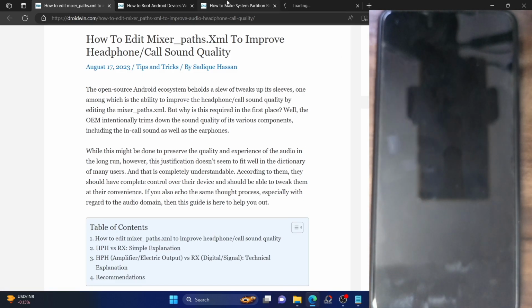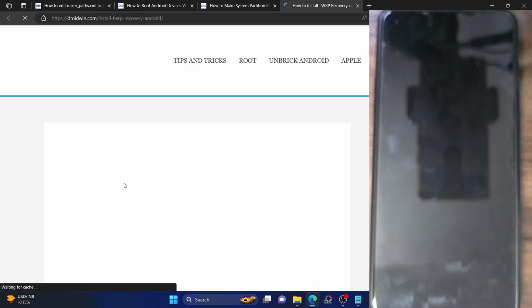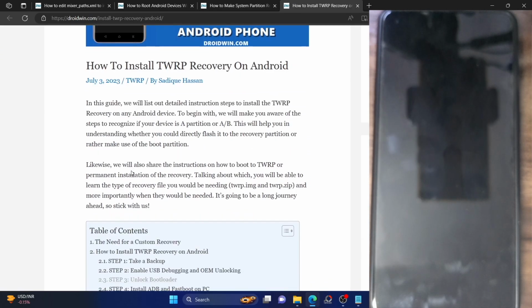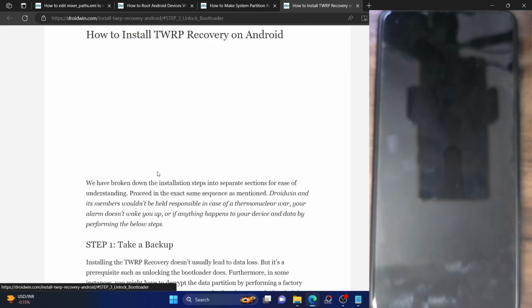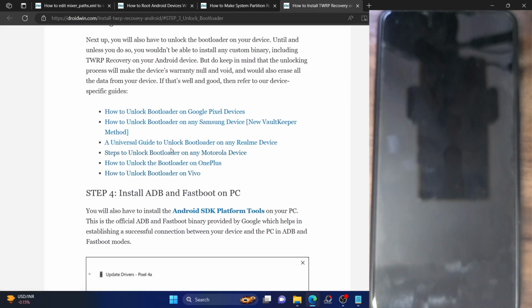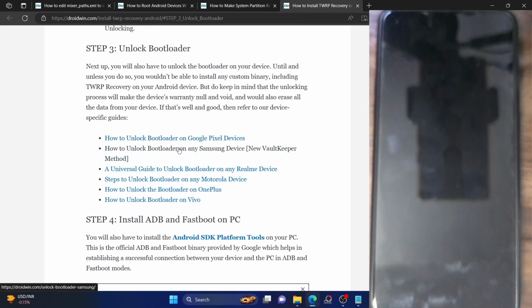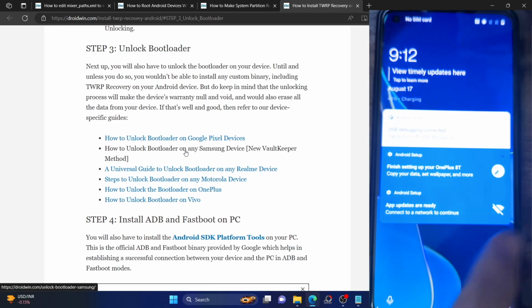Let me show you once. The generic steps involve booting to fastboot mode and then using the fastboot flashing unlock command. Just carry out that task, and you can see from here, I have made a guide for all the phones. In most phones, you just have to boot your phone to fastboot mode and type in fastboot flashing unlock or fastboot oem unlock and then unlock the bootloader. In case of Xiaomi, you will have to use the Xiaomi Mi Flash tool. But apart from that, all the others require the fastboot command method. In my case, I have already unlocked the bootloader.